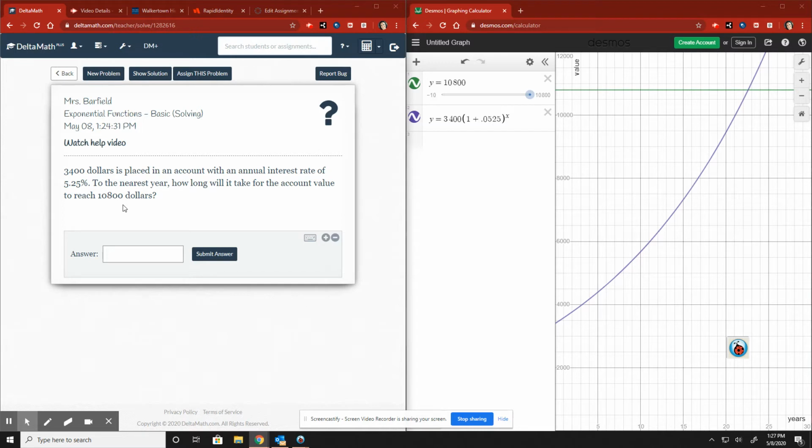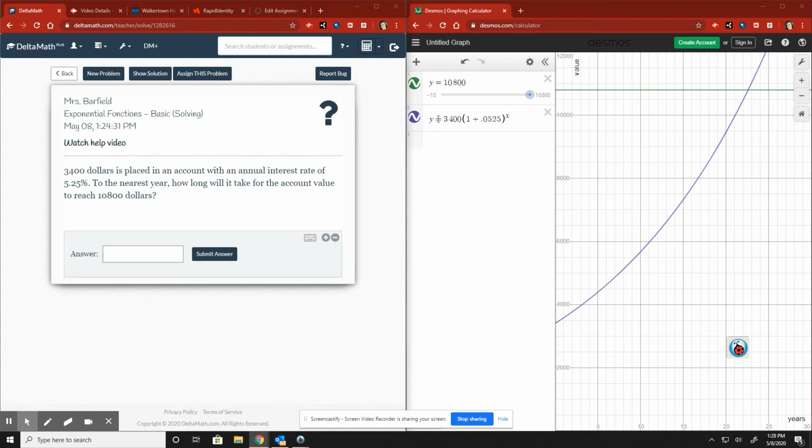It says $3,400 is placed in an account with an annual interest rate of 5.25%. To the nearest year, how long will it take for the account value to reach $10,800? Okay, so